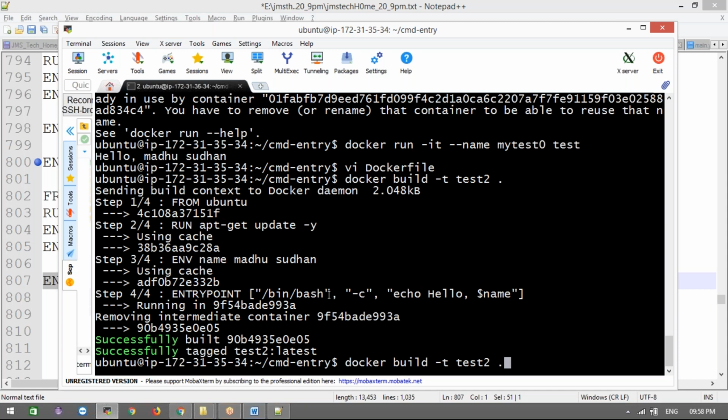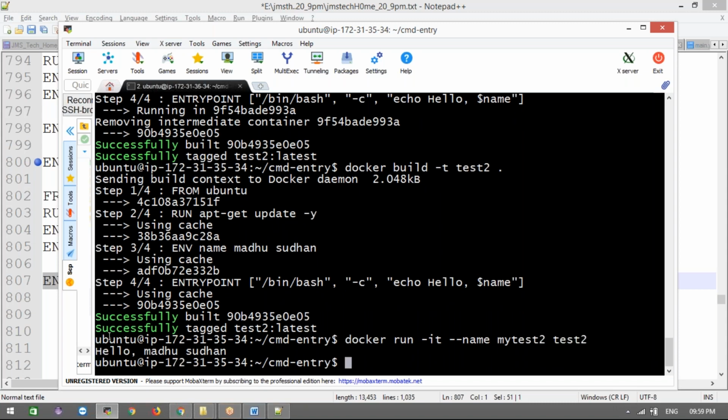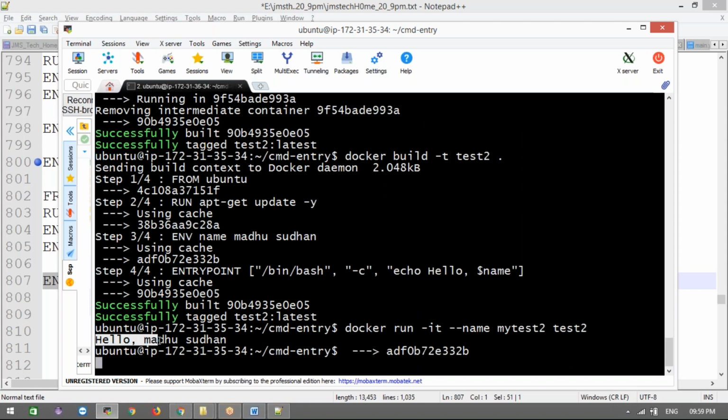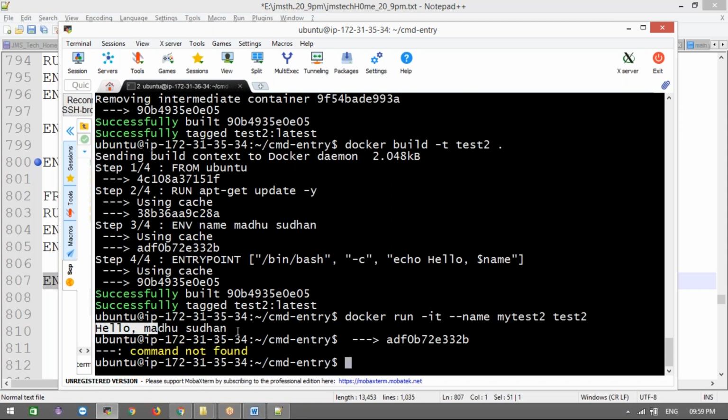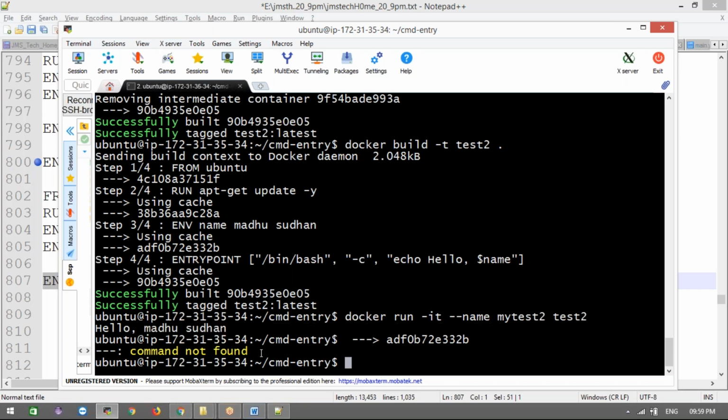Okay, let me build test2, right? Just run this now. I already ran this, and then I'm going to run test2, and see, this time it will print the output. Now it understands that you are running the bash command, right? Okay, fine. Now I will take it as your environment variable. I understand now, the dollar means you are calling an environment variable. Okay, I will take that name. Whatever environment variable you set up, I will print that name. Or else it won't understand that.